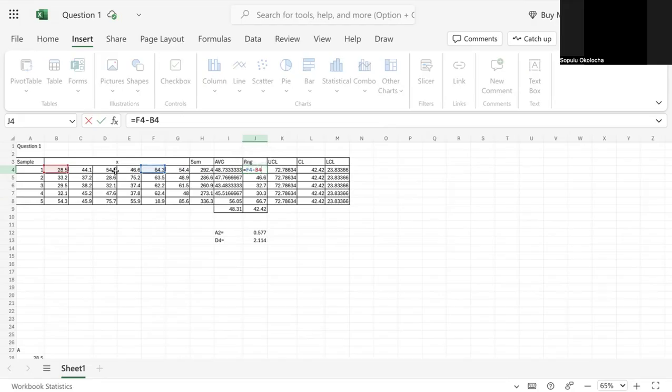So for example, sample 1, 64 and 28.5, E5, which is 75.2 and 28.6, and then F6, which is 62.2 minus 29.5. Then we have 62.4 and 32.1. And lastly, we have 85.6 minus 18.9. And after all that, you average to find the ranges, the average of the ranges, which is